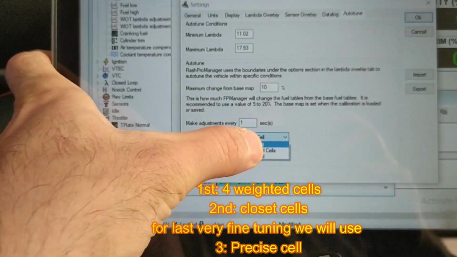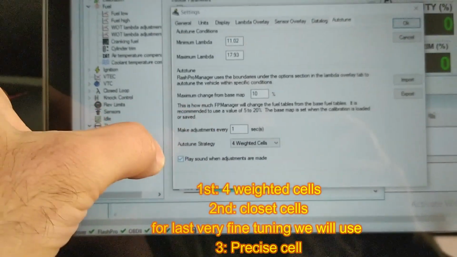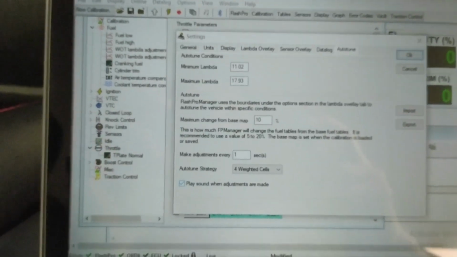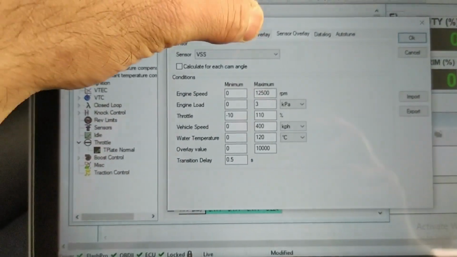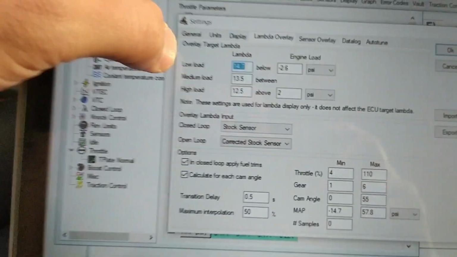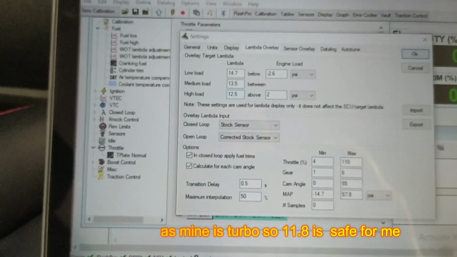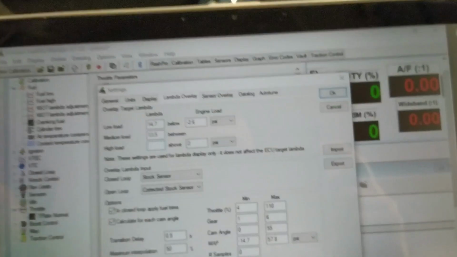Okay, because your map is not so tuned, so we will select 4 weighted cells. Okay, and this is very important. Play sound when adjustments are made so that you know auto tune is working. Other than that, data log no, lambda no. Okay, I'll set it to 11.8, medium load 13.5, high load.